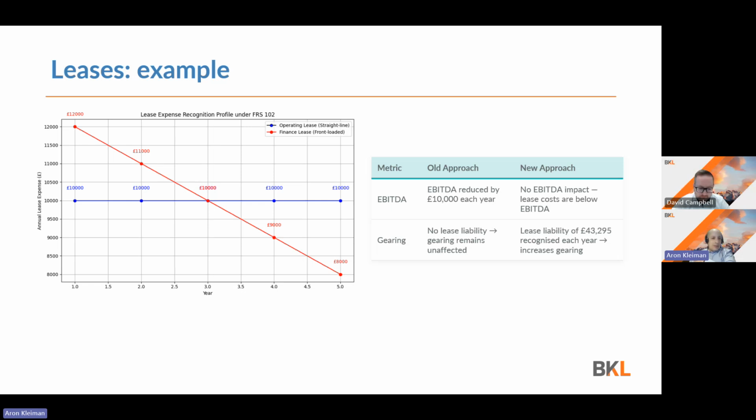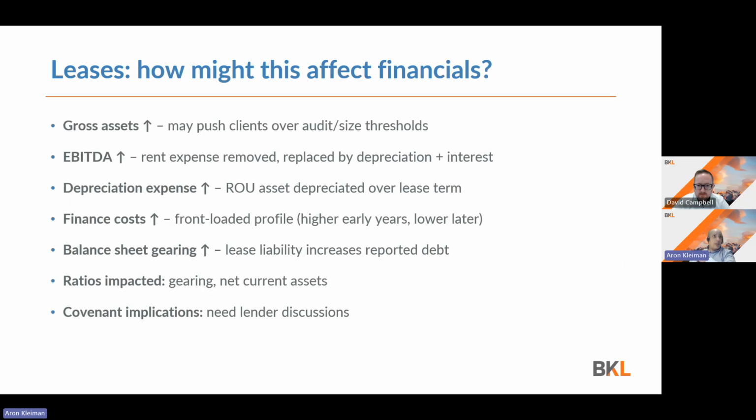And gearing as well. I had no lease liability. There was nothing really on the balance sheet in relation to old operating leases. There was a disclosure at the back of my future total commitment, but there was nothing on the balance sheet itself. Now I have a lease liability, so that might impact measures that look at gross liabilities, for example, my gearing ratio or my debt to equity ratio or things such as that. There are other changes too.